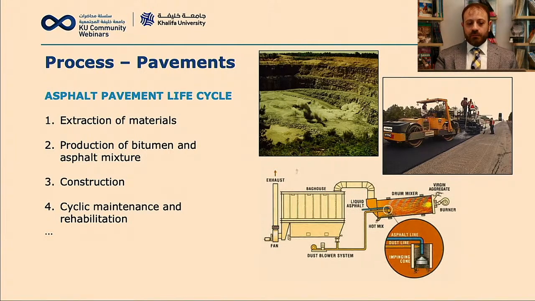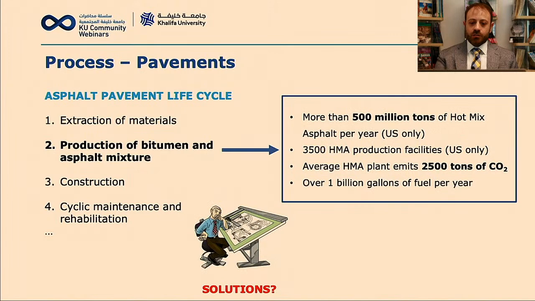In this life cycle, usually people focus on the production of bitumen and asphalt mixture. Why do they focus on this particular step of the life cycle of asphalt pavement? Just to give a few numbers, we have more than 500 million tons of asphalt mixtures produced every year in the US only. Unfortunately, there are no data about Abu Dhabi and the UAE in general, so I'm going to provide some numbers from the US. There are more than 3,500 production facilities